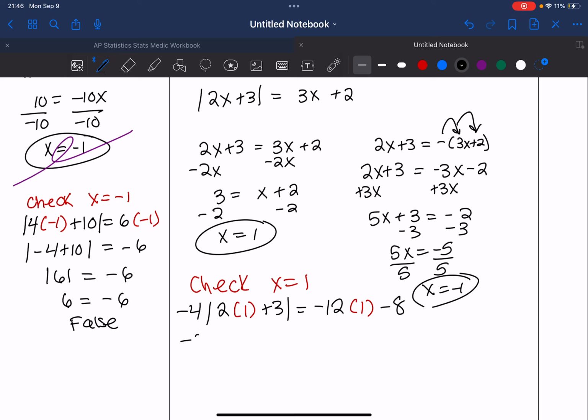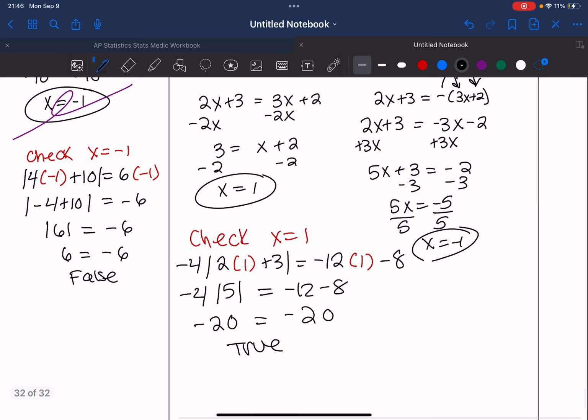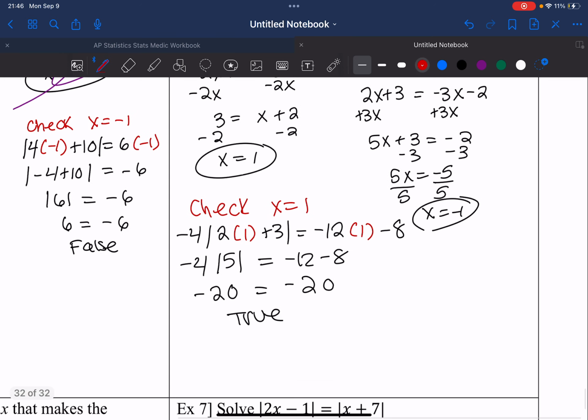So I'm left with negative 4 absolute value 5 is equal to negative 12 minus 8. So this is negative 20 is equal to negative 20, which is a true statement. So far x equals 1 is a solution. Now I'm going to check